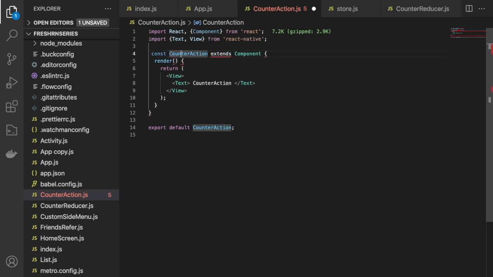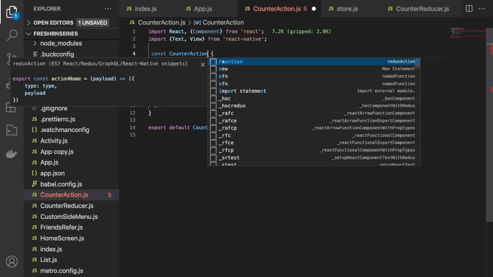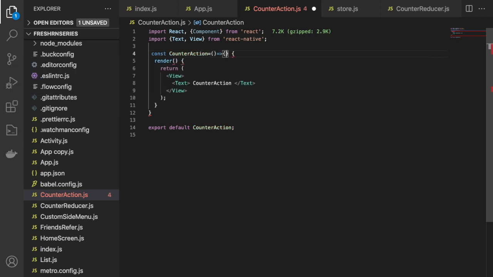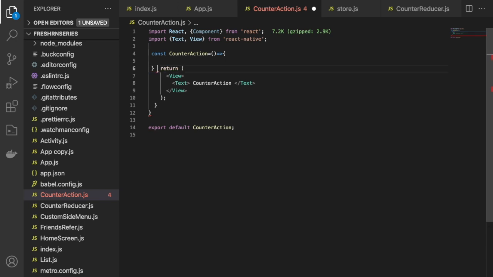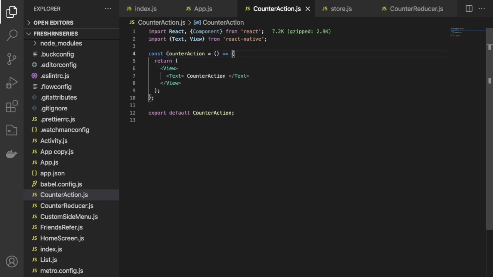We don't need to extend the component, then props. Then we don't need this render part. We don't need this here for now. Now we have this counter action functional component, and we can easily pass props like this. Cool.